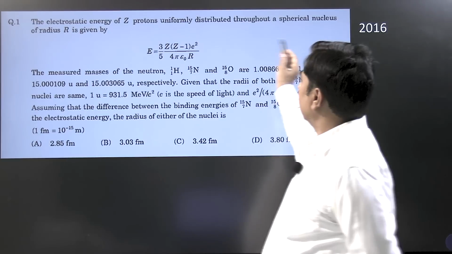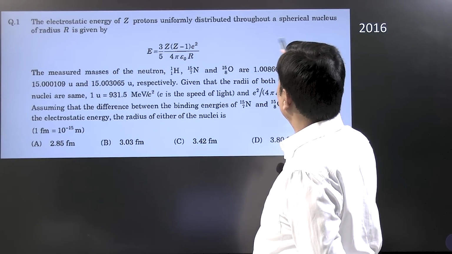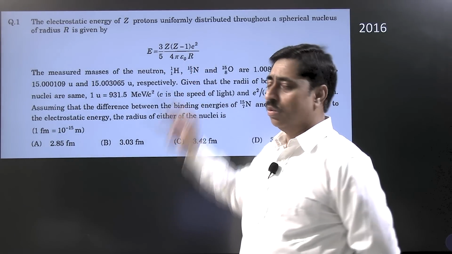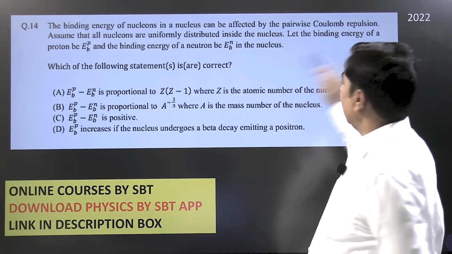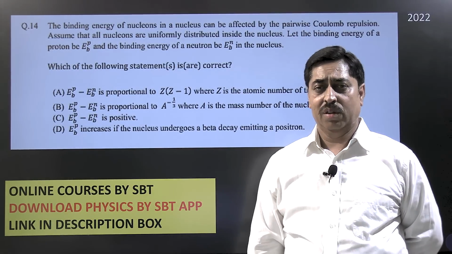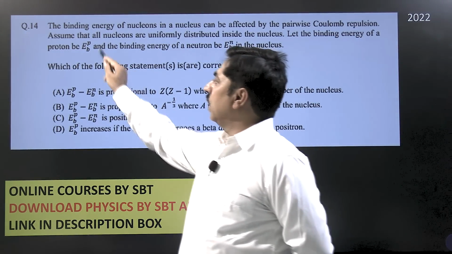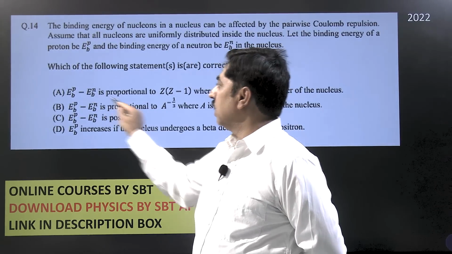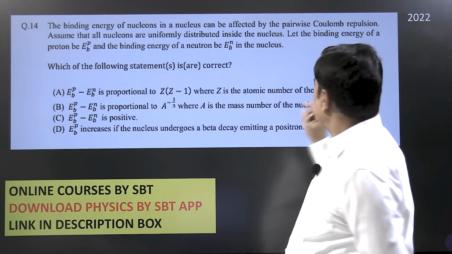You said that the electrostatic energy of Z protons uniformly distributed throughout a spherical nucleus of radius r is given by this: E is proportional to Z(Z minus 1). Then in 2022 you asked a question and you said, let the binding energy of a proton be this and binding energy of a neutron be this, then what is the difference between the binding energy of a proton and a neutron? This question